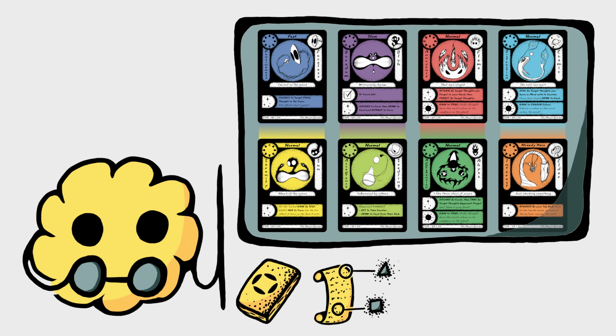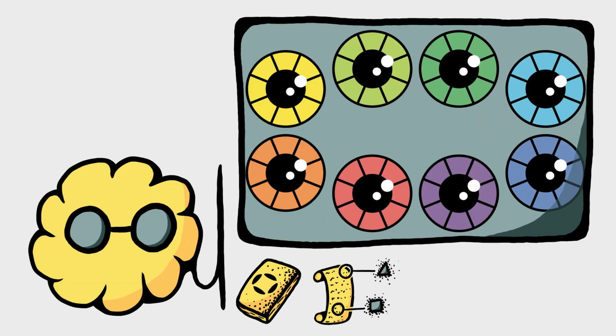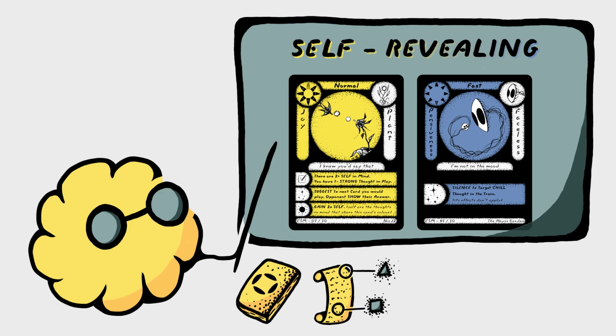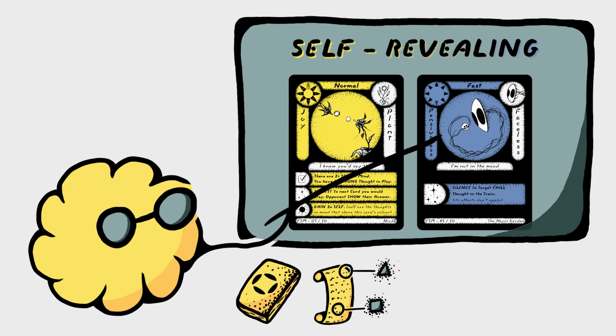What we wanted to achieve here is to ensure that every kind of card retains its identity, while still evolving along with the game. And thus, after some lengthy back and forth, what we ended up with is the following themes. Ecstasy and grief would embody the self-revealing level of communication. Ecstasy as the receiver, gathering information from the other player's intents, and grief as the sender, sharing information about their